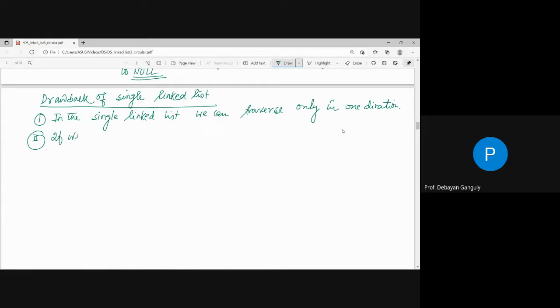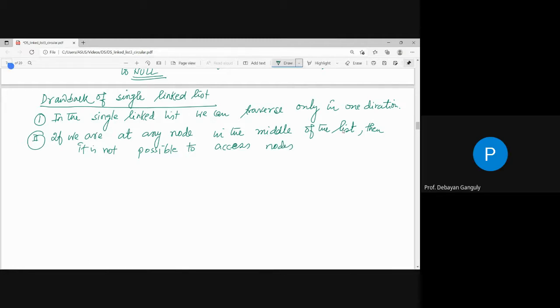If we are at any node in the middle of the list, then it is not possible to access nodes that precede the given node. And if you want to solve this problem,